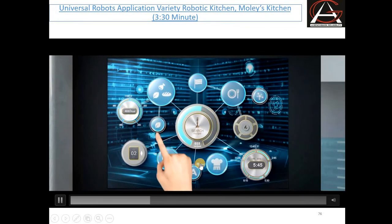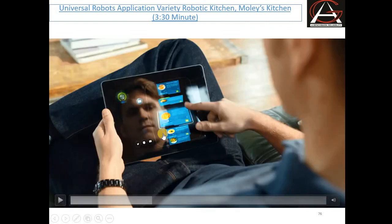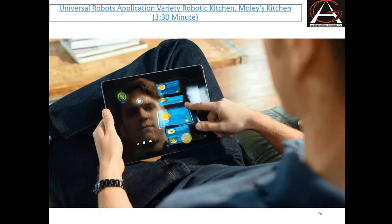The Moley robotic kitchen makes having freshly prepared meals an everyday reality. And you have the option to select what food you want to eat from a mobile device or a tablet, and